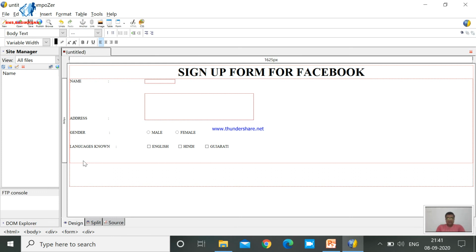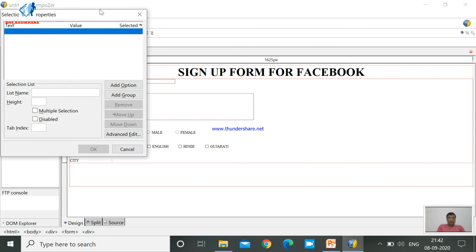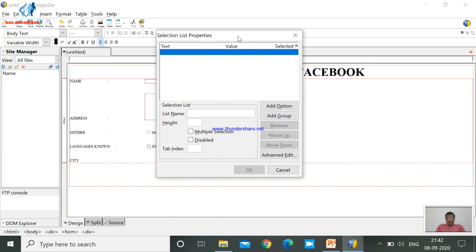Next is city. For city I am taking selection list. Whenever you click on selection list, you will find the selection list properties box on your screen. So write first city. This is the name of your selection list.